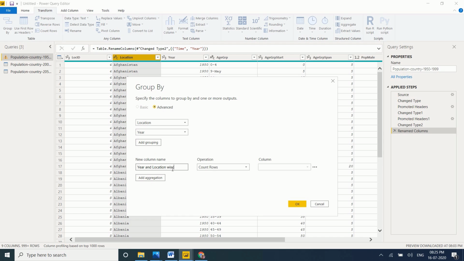Location wise total population. Select the operation. I want to do sum. What basis? Total population. So location wise, year wise, sum of operation is sum and total population. Let me click on OK.